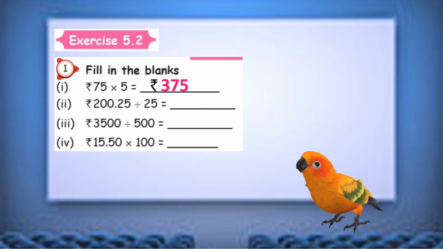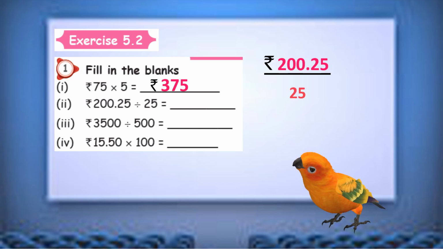So second sum, here we are going to do division. I am going to do the direct cancellation method, right? So mention rupees 225 divided by 25, right? So here 25 and above are both common in the 25 times table. So it will be easy for you to do, okay?